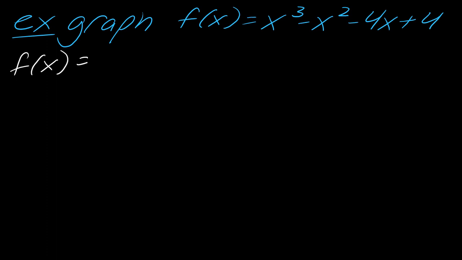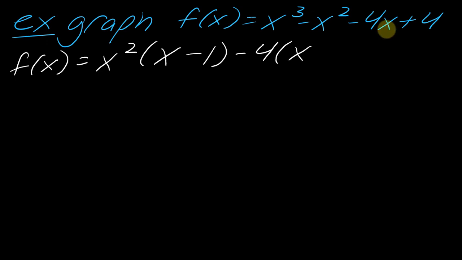So what do I factor out of the first two terms? The first two terms have x squared in common, so this becomes x minus 1. And then for the second two terms, I want to factor out negative 4. Now be careful: when I factor out the negative, this becomes positive and this sign should flip. So now I can finish